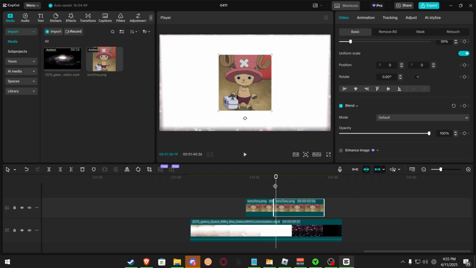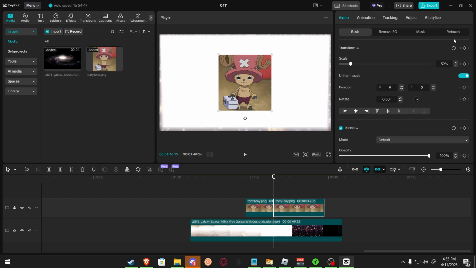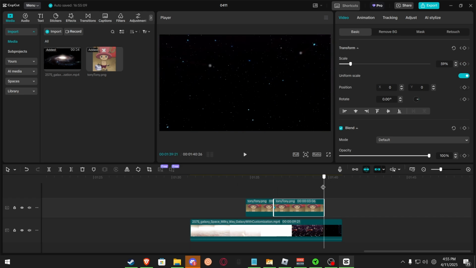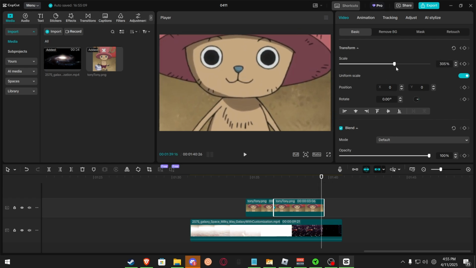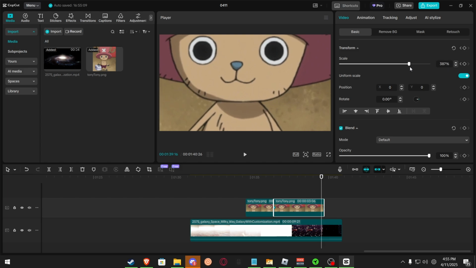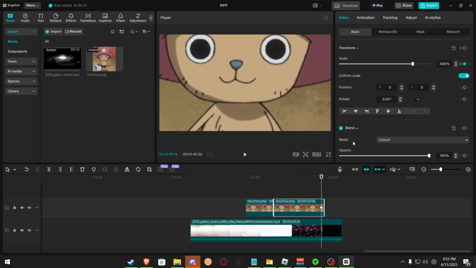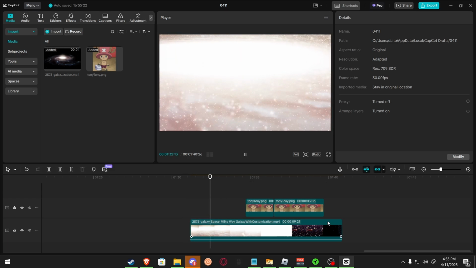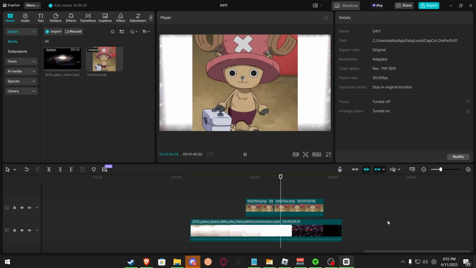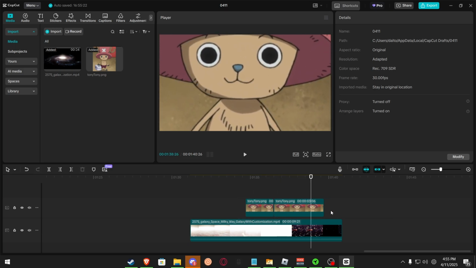What I want is after it fades in, I want this to become big. So I'm going to create a keyframe for scale, and it's going to be here normally. And at the end of the clip, I want it to just be massive. I want to see those menacing eyes staring into my soul. So if we just take it back, we can preview our footage. Obviously, there's no sound yet, so there he is.